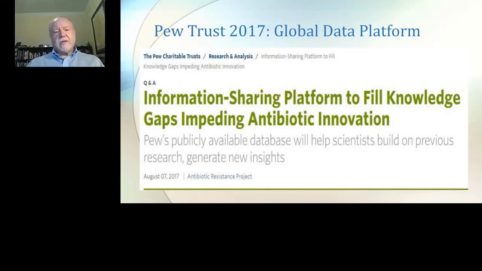One of the key things that I think is particularly important is that companies, academia and governments are actually sat on vast amounts of information. Just think of the amount of information that gets submitted to the regulatory authorities, and the drug may or may not be approved, but there is this mass of data that's sat there, and it may well be of value for future developers. So the Pew Trust, which is a charitable organisation based here in the United States, has actually put together a global data platform whereby they're pulling together all of these different information sources and making them searchable,